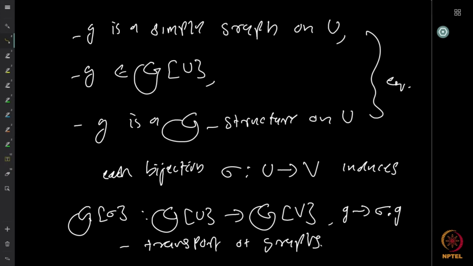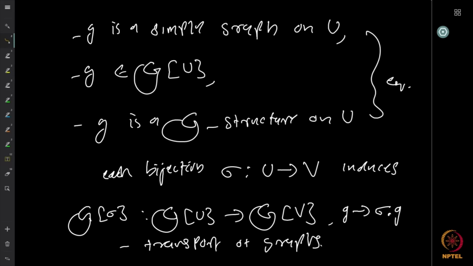And we observe that for each bijection sigma from U to V, that bijection induces another map, G of sigma, which takes elements from G of U to elements in G of V, where a graph small g is mapped to sigma dot g, where sigma is the bijection